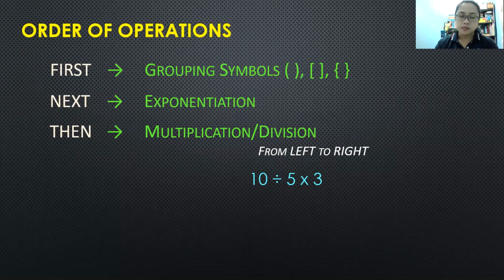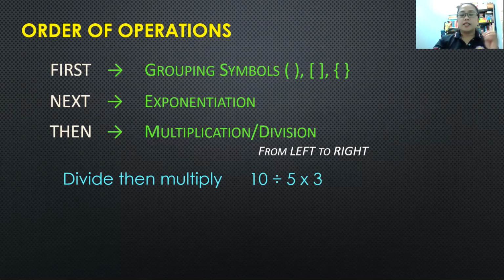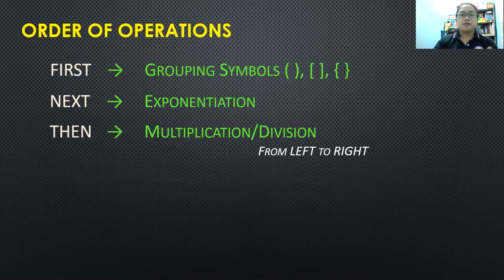So, in this case, it's not 5 times 3 bago kayo magpupunta sa division. It should be 10 divided by 5 times 3. So we divide and then multiply. And that will give you 6. Okay? So again, doon sa ating multiplication division level, we perform the operation from left to right. Last